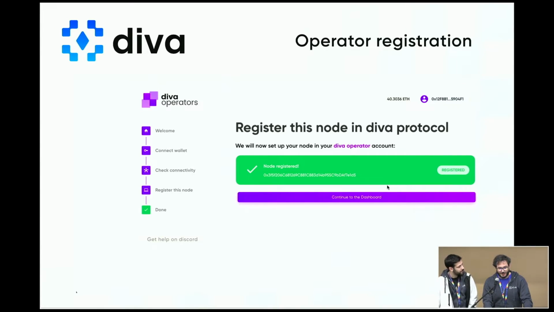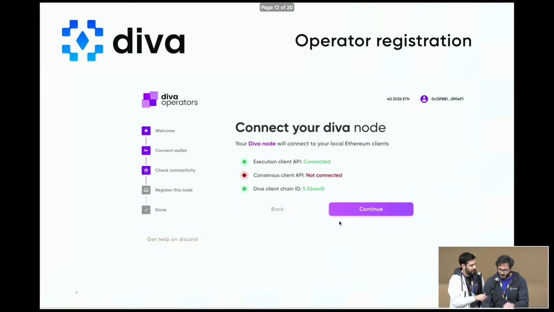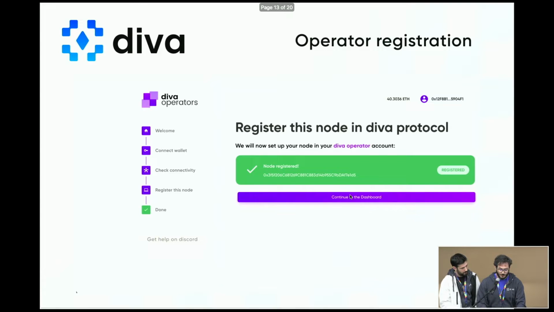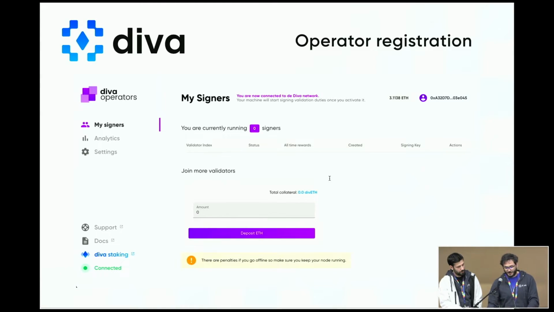So when we register a new node in the Diva protocol, we need to interact with the smart contract. At this point, we made a transaction that links this node with the operator. And we need this because the whole peer-to-peer network uses this identity. And yes, when we finish the operator registration,